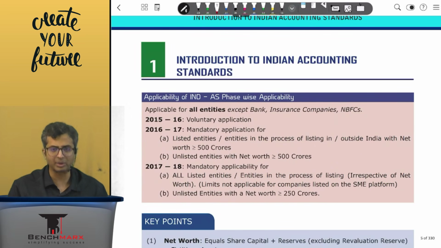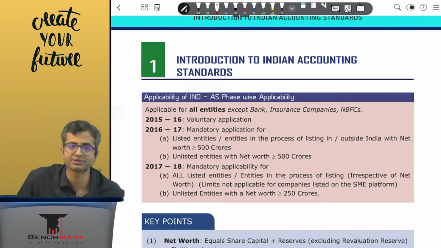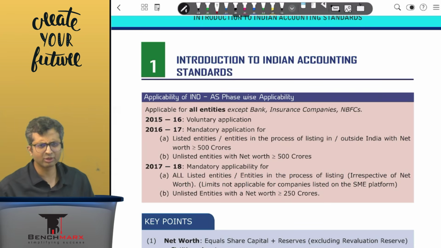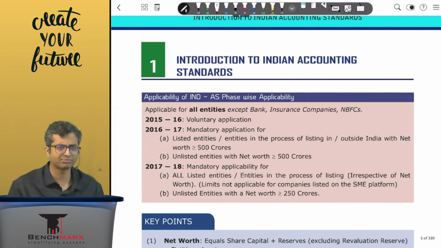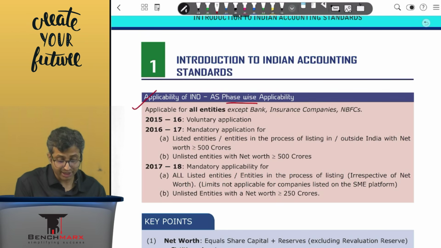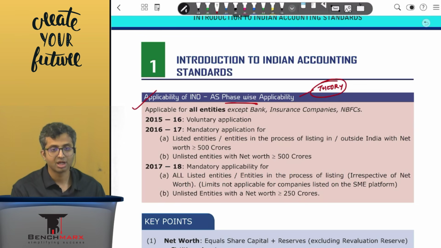Applicability of Ind AS, if we quickly revise whatever has been done, yes please. We'll do that. So there are a few special cases like banks, insurance companies, fellow subsidiaries. We'll come to that, वो next page पे ही अपना. But अभी के लिए अपने broad understanding ले लेते हैं. Applicability of Ind AS, phase wise applicability. For this a theory question can come. May 24 exam question where they said